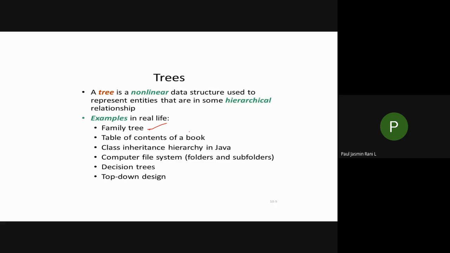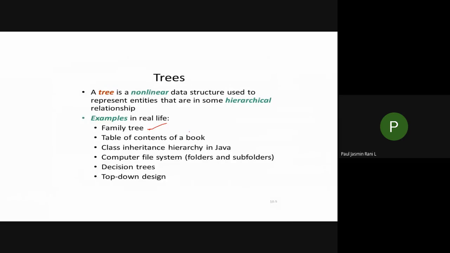In that index page, I will have the content in this way, like the first chapter. Inside that first chapter, I will have subheadings. Inside those subheadings, I may have some important topics, which are marked, and correspondingly I have a page number, isn't it? So if I represent that in a tree data structure, I can easily go for searching.